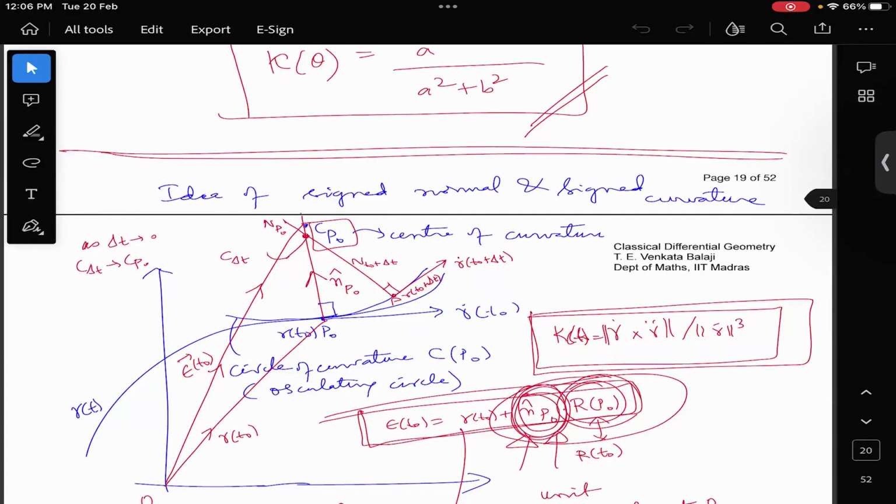So I want to make sense of the sine curvature and the sine normal in an analytic way. I don't want you to look at a picture and think of it; I want an analytic expression for that. That is always important, because that is how you make anything geometric into something completely mathematical. But there is more to it. As I told you last time, the sine normal and sine curvature help in understanding many things. For example,